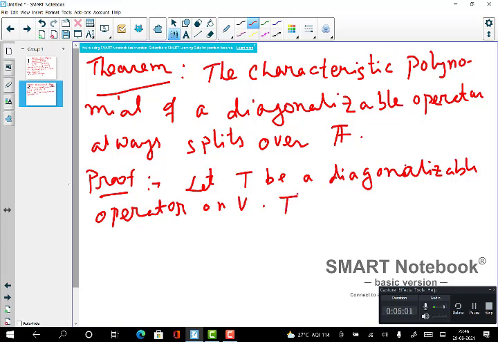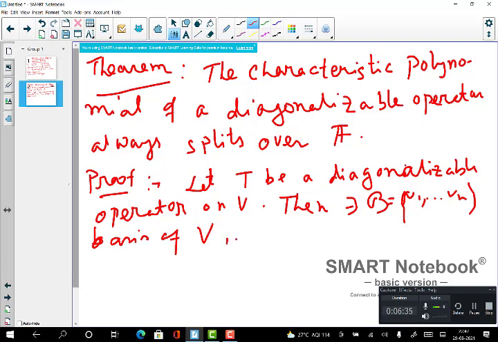Then there exists a basis with respect to which the matrix representation will be a diagonal matrix, right? So there exists a basis B = {b1, b2, ..., bn} of V